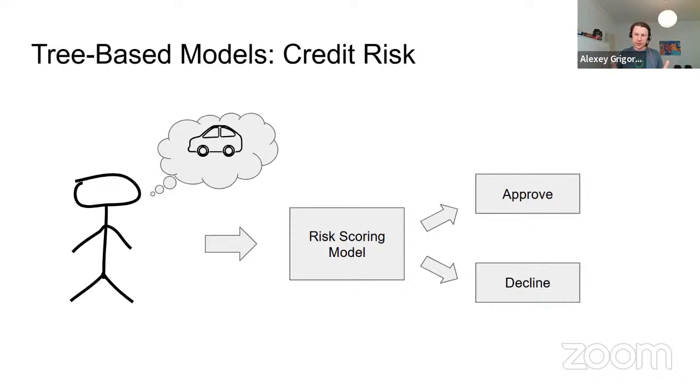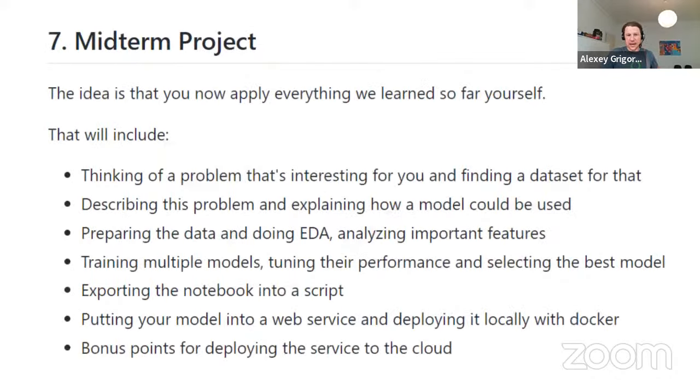We have some previous history. We know which customers did not manage to return the credit, and which customers managed to pay back the loan. Based on that, we see, okay, it looks like this customer will not be able to pay back the loan, so maybe we shouldn't give the credit. This will be the project in the next module on tree-based models. Here we will learn about trees, and then with all that, you're already ready to work on the project.